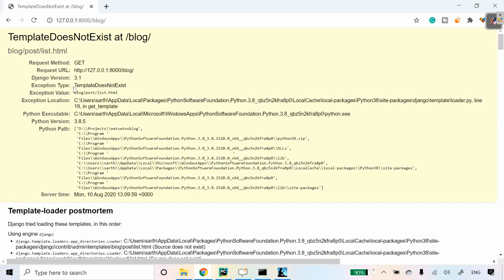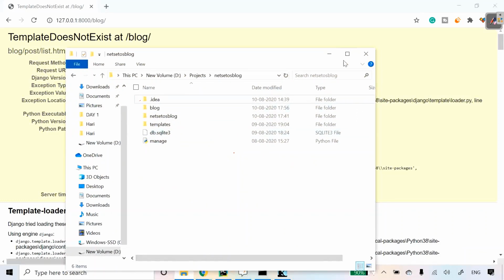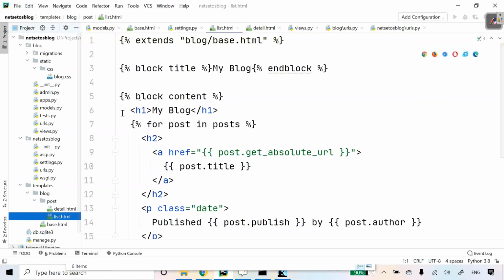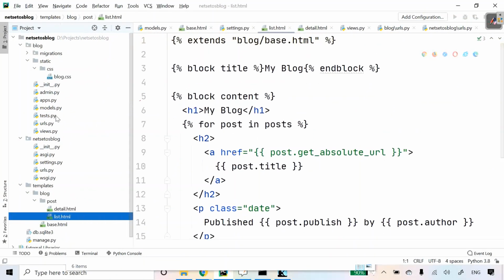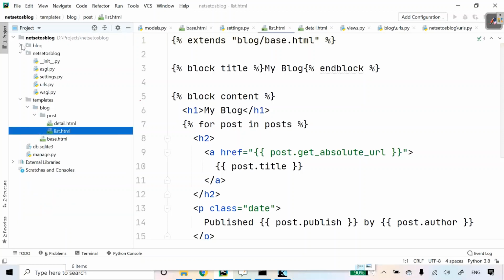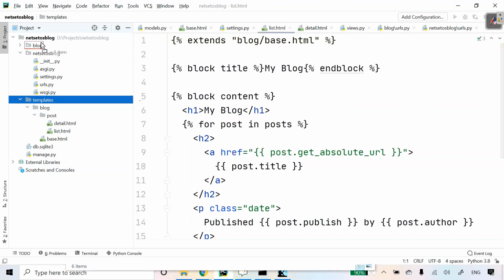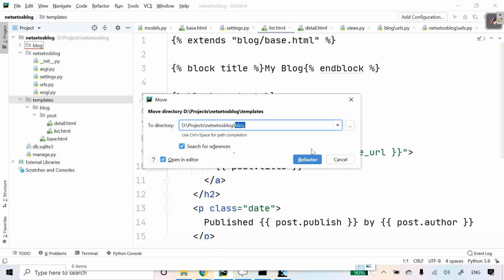No, there is some error over here as it is not able to identify list.html. Let's see. Oh, I did a huge mistake as templates are supposed to be inside blog. So what I'll do, I'll take this complete templates folder and will put inside blog.